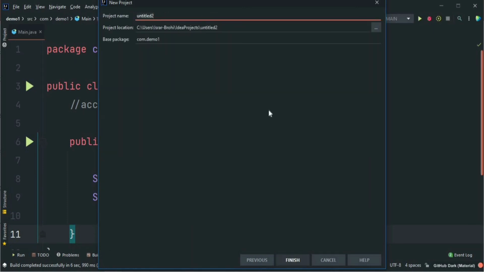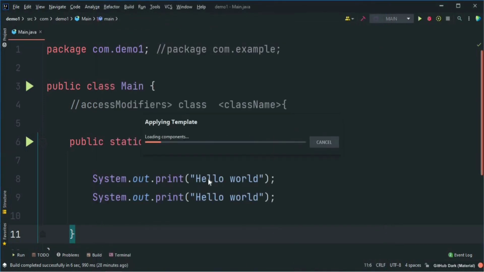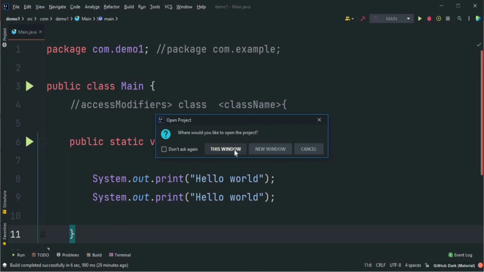Click next. Now you have to write the name of your project. I will use hello world project, and I will use com.helloworld. Click next. You can select new window or this window, but I will select this window.